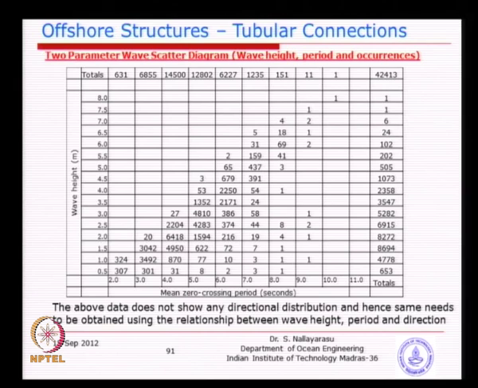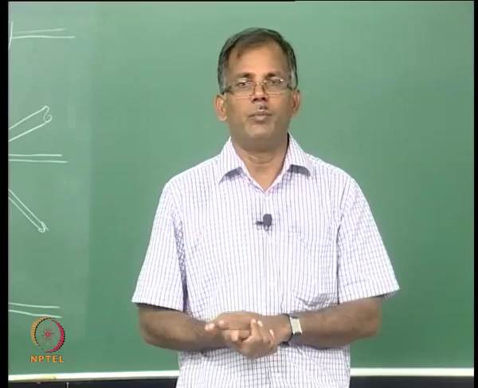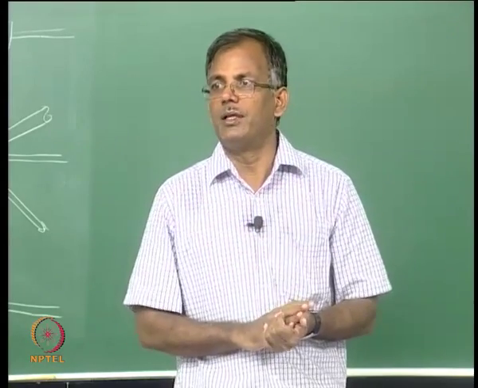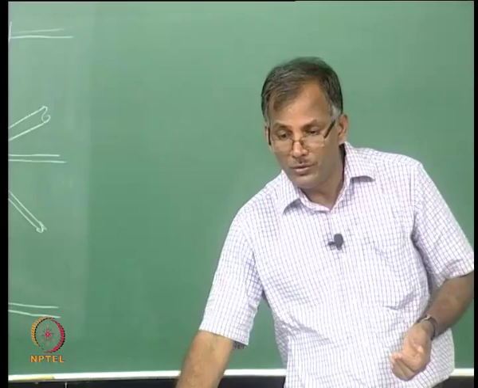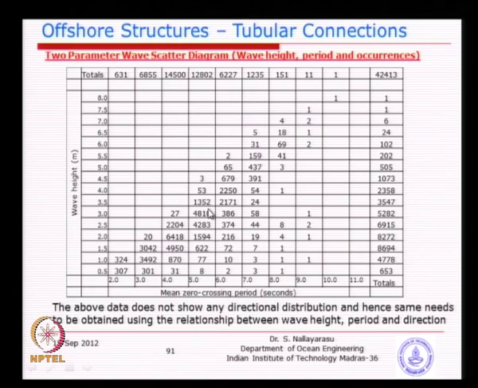So, from here what we can understand, if you do a weighted average calculation, most of you might have studied in your mechanics to find out the center of gravity. You can find out very easily by multiplying the area times the center of gravity of the individual. Similar thing you can do: you can find out where the maximum energy content will be, basically multiplying the wave height and the number of occurrences. You will see that typically it will come around 4 to 5, somewhere here.